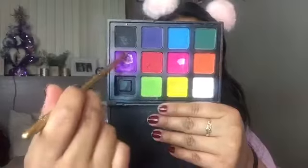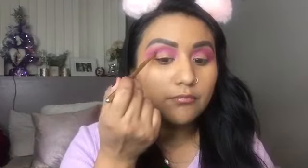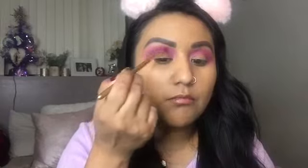Using a Luxie mini flat angled brush and a purple from the Morphe 12P palette, I am just using this to outline my crease and make it a little bit more defined for our overall cut crease look. Using the blending brush that I used earlier, I just blend those colors together to make them look a little